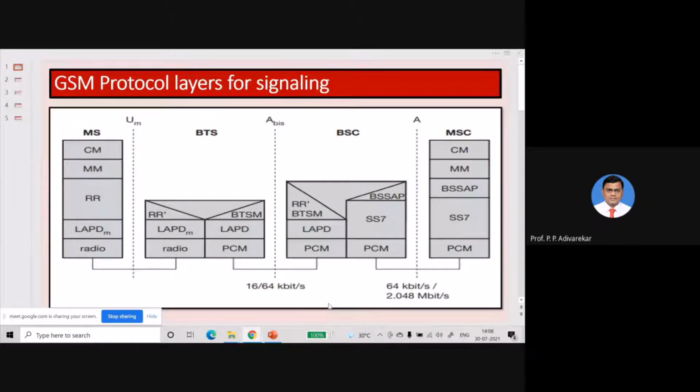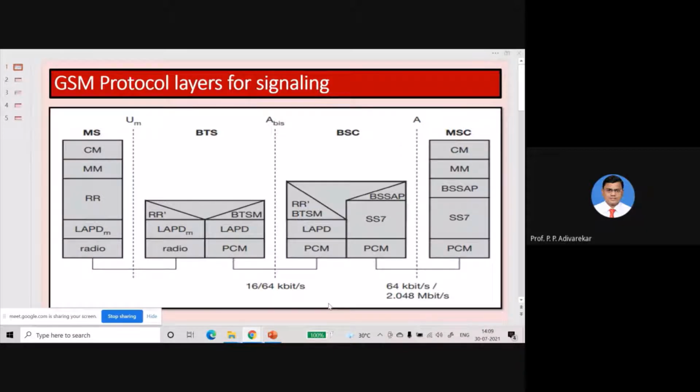Today, we are going to see the protocol architecture of GSM. In the last lecture, we saw the Um interface, that is the radio interface of the GSM. So now, in today's lecture, we will see the protocol architecture or protocol layers that are involved in the GSM system. In semester 5 you have studied the OSI layer architecture, which was there in computer networks. Based on that, this GSM protocol layer architecture is also defined.